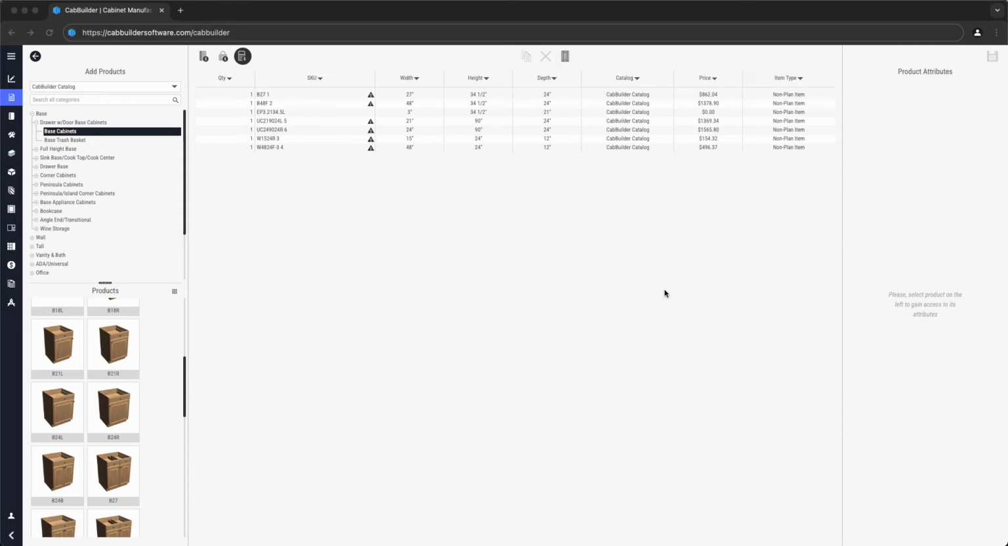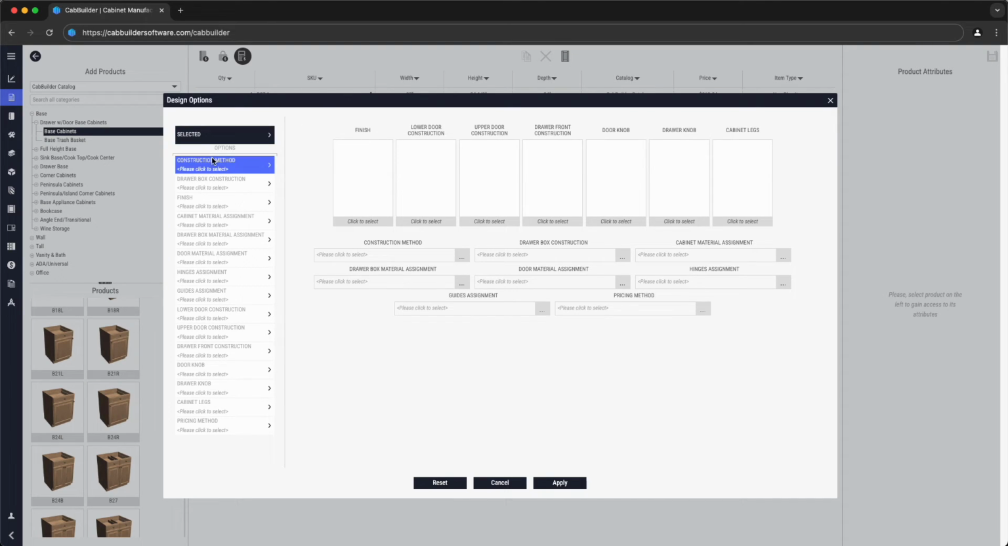CAD Builder must first know how to build your cabinets and what materials to build them from. So the first step is to make sure that you have set the appropriate design options. You do not need to select them all, but several are key to continuing to the next step. Construction method and cabinet material assignment will determine how the cabinet face frame, box, and parts are built. Drawer box construction, drawer box material assignment, and guides assignment are critical to getting the correct overall drawer box sizes